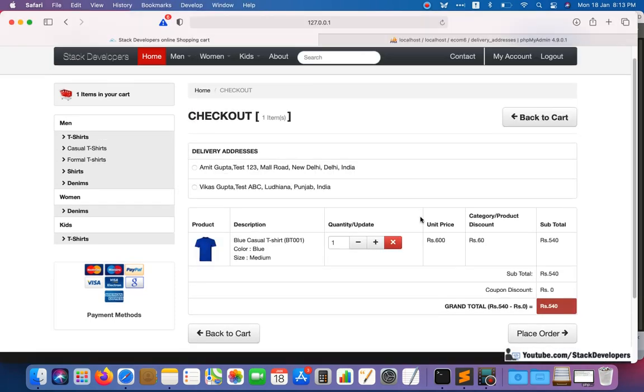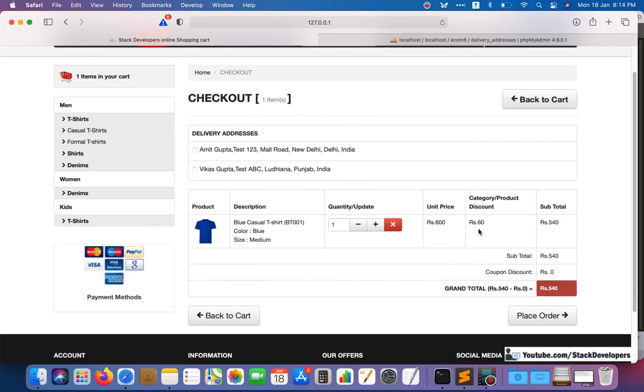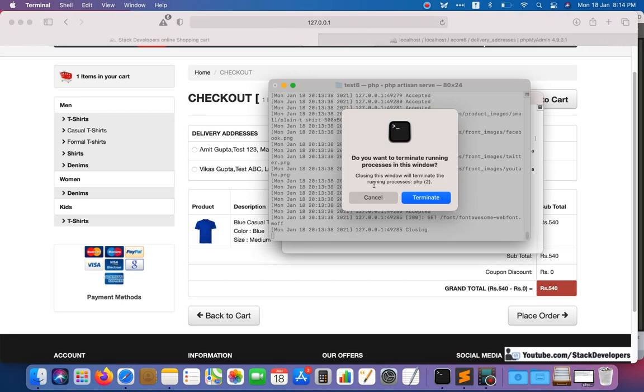So see, we are going to create such kind of page here. In this video we are going to show the delivery addresses here. The order view, see this, we are going to remove this one, it is not required because we will not be able to update the cart in the review page. Here only quantity will come, and the rest we will show the total and something. And here we are going to show the payment methods. So let's see this one.